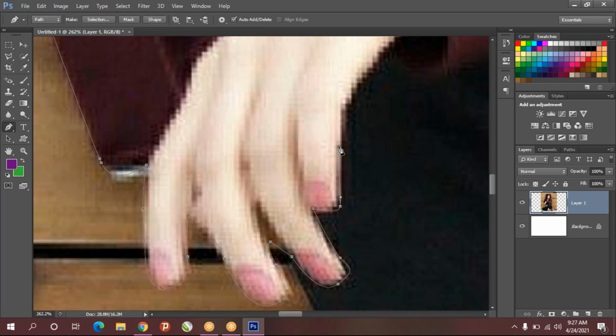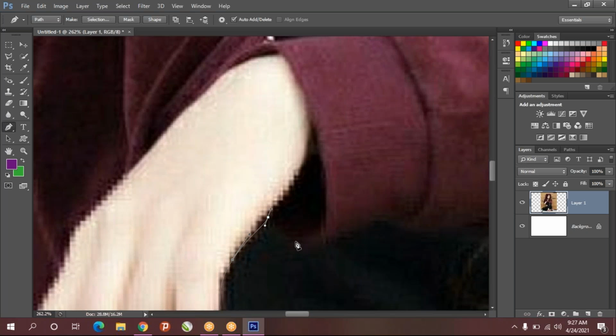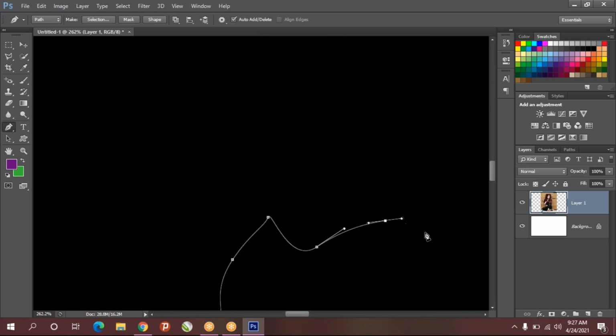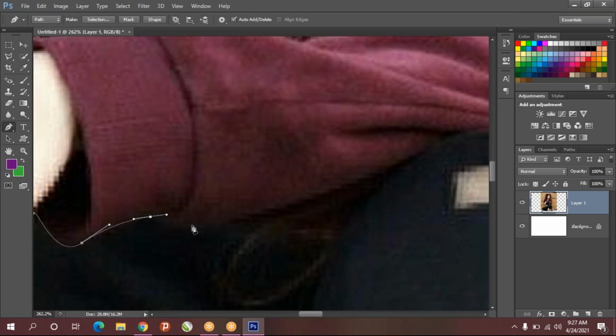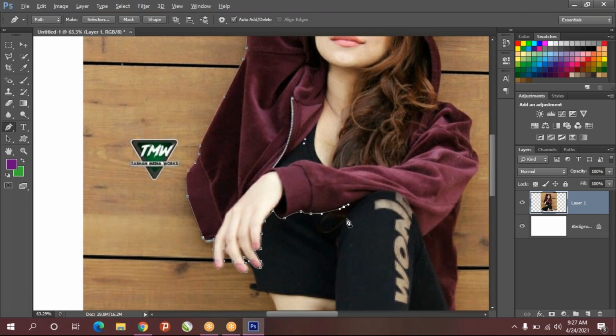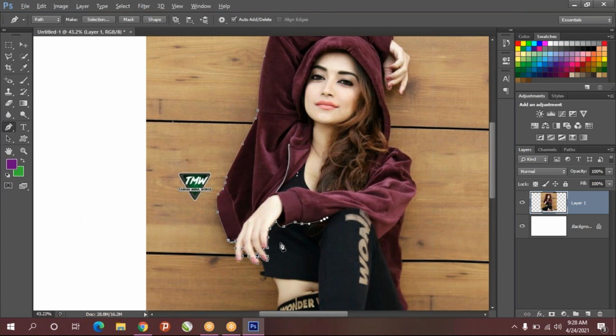Okay, so I'll select a little fast. Okay, so selecting only the object.